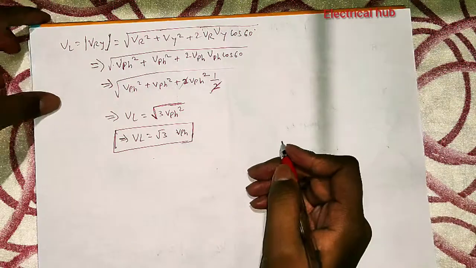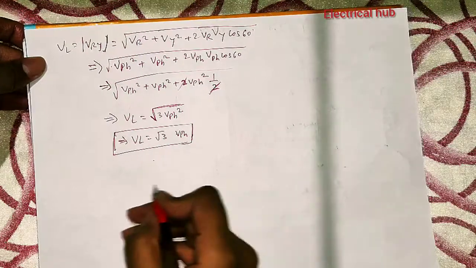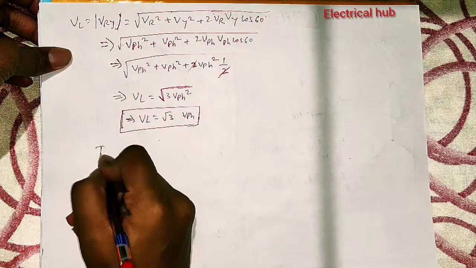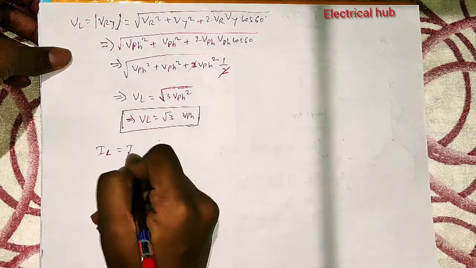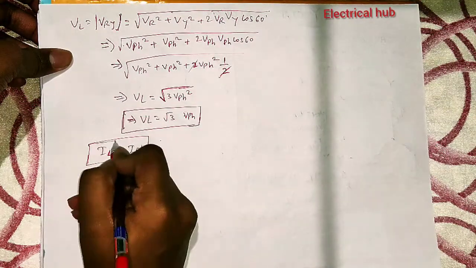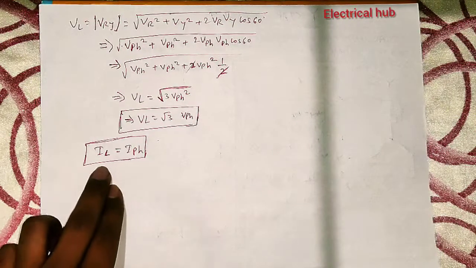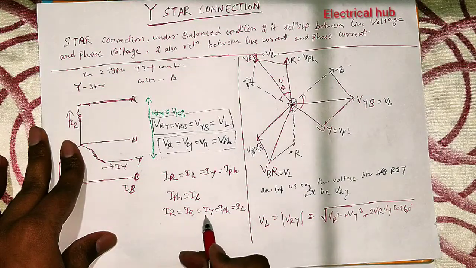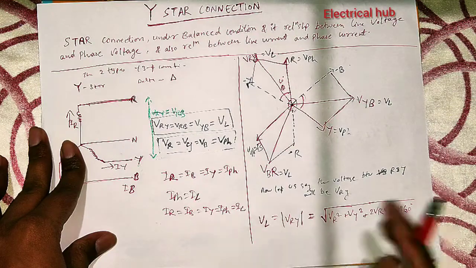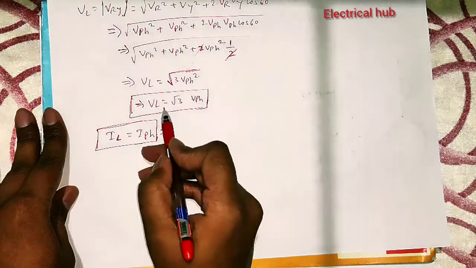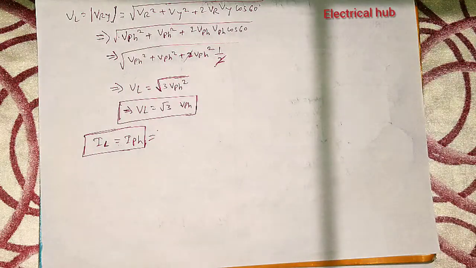So now let's talk about line current and phase current. In star connection, one thing to be noted is that the line current is always equal to the phase current. There is no derivation for it, and we just have to write that the line current is equal to the phase current, as I have already written here, that IR, IB, IY equal to phase current is equal to line current. So this is the relation between the current of phase and line.